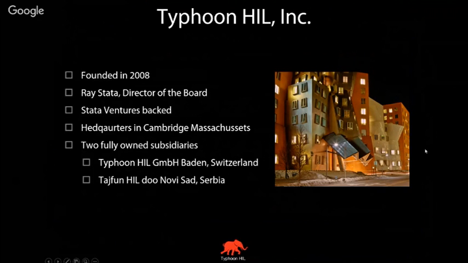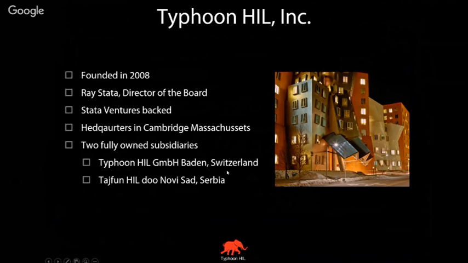Yeah, and I can see that you're laughing at this picture of this building. This building is actually a donation from Ray Stata to MIT. This is the Ray and Maria Stata Research Center. They donated the building to support the research activities of MIT. You can see that it's a very unconventional design, to say the least.